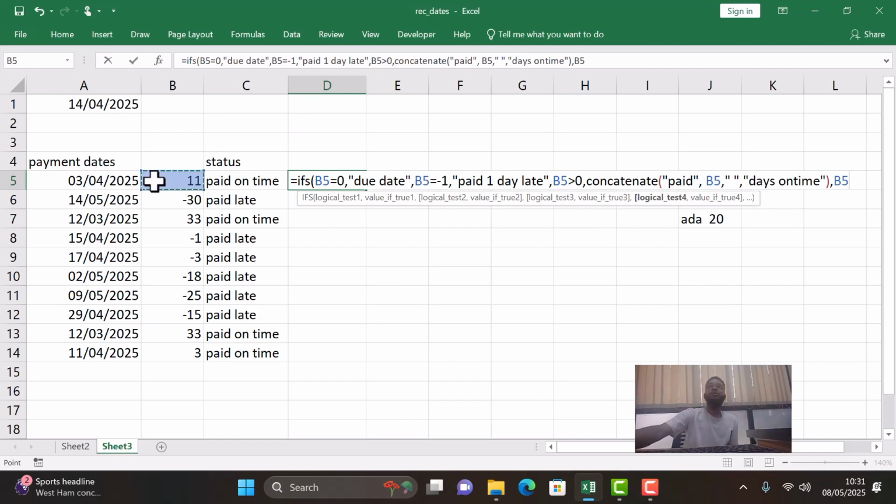If B5 is more than -1, now more than -1 means if it's -2, -3, -4, should this be more than or less than? So 1, 2, 3, 4. It's less than -1. So if B5 is less than -1, that means if it's from -2, -3, -4 and above. Yeah, this is correct. And then I want to write